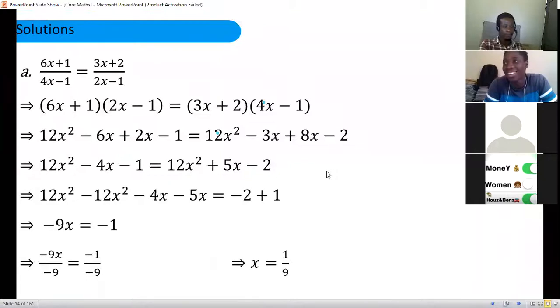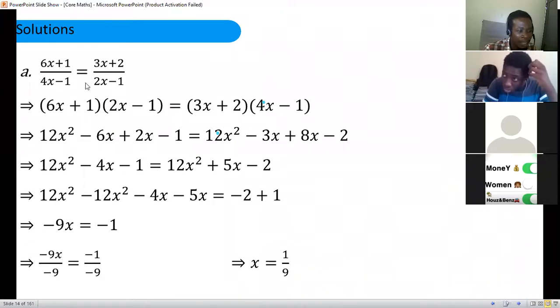All right. So we have monomials at both sides of the equation. Whenever we have an equation that has fractions at both sides, then what we need to do is, first of all, we have to cross multiply by the means of taking the numerator of the fraction at the left hand side, multiplying it by the denominator of the fraction at the right hand side. So the numerator of the fraction at the left hand side is 6x plus 1,